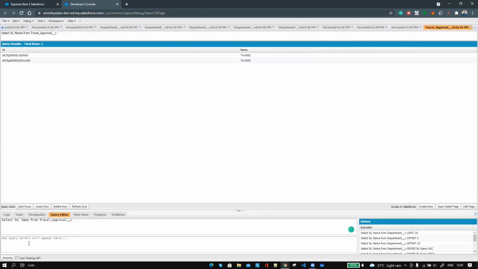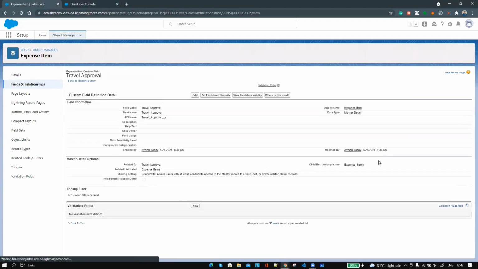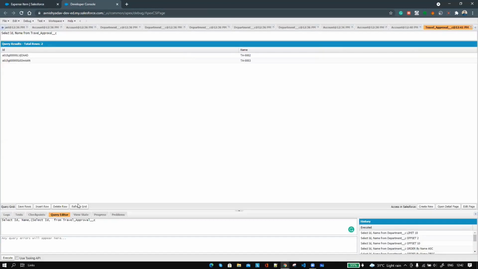Okay, so we have a travel approval. So let's add our inner query, select id, expense item. Let's click on this travel approval and check for the child relationship. It's expense items, so we'll use that. Id, name from expense items, and after that we will append an underscore r, and we'll close the bracket and